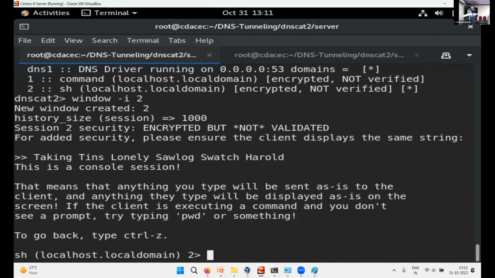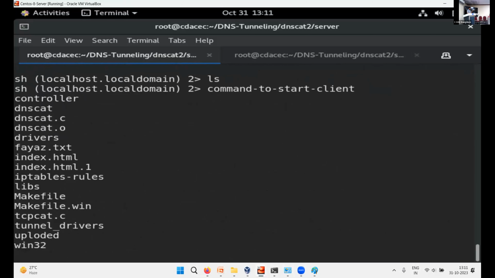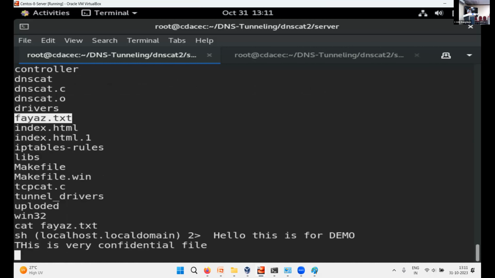I'll say ls. The ls command is giving me the output, and here prs.txt is one file. I got to know this is the confidential file. The ls command which I am executing on the attacker's machine is getting executed at the client, and the output is given back to me. So the entire shell is with me, C&C or C2, command and control. I can control that particular system. I got to know the file name. If I want to see the content, I can see the content also. See, this is the content of that file, which I am seeing on the attacker's machine.